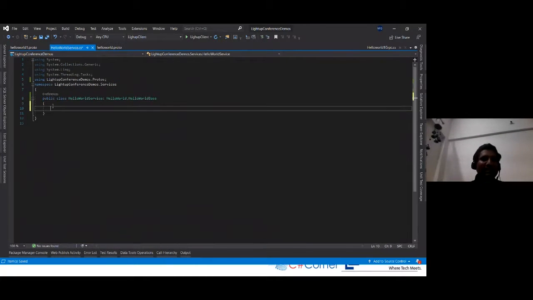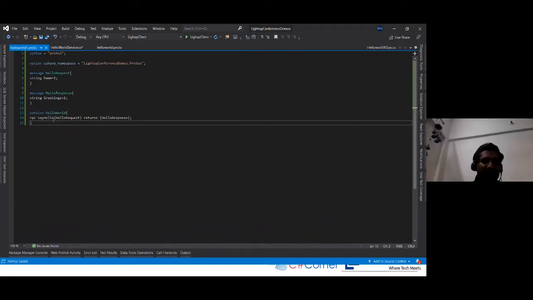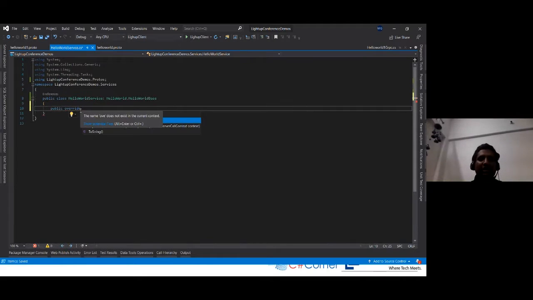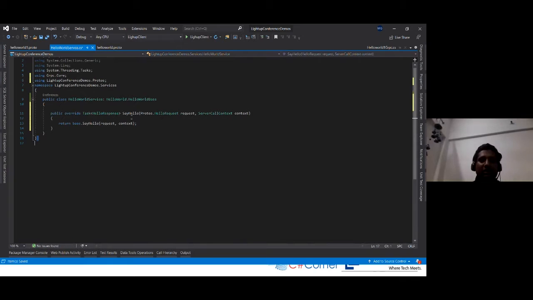Now to use this method from this proto file, what we need to do is override this method in this service implementation.